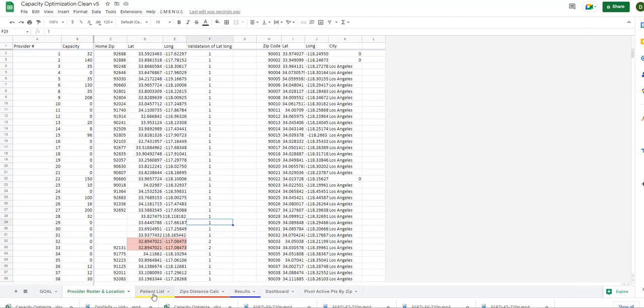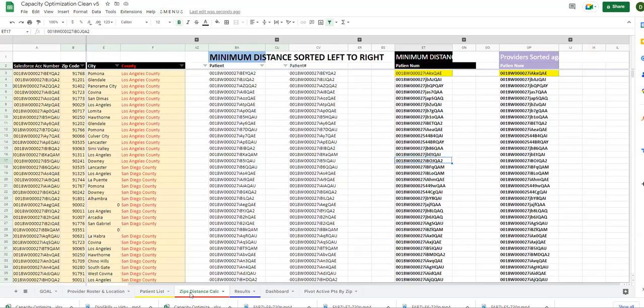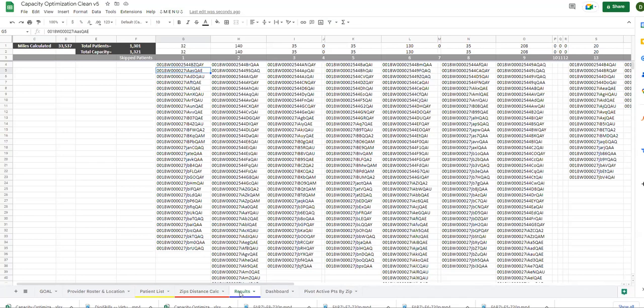So this is the first sheet. Then we can select the patients from here and we can choose the distance we want to accommodate. And then you can click on this prepare data. This will transfer this gray list to the next tab, and it will calculate everything. Once you are done with the calculation, you can go to the menu and click on optimize. Once you click on optimize, it will take you to the next sheet, which is the result sheet, and it will show you